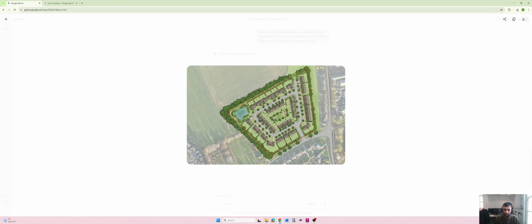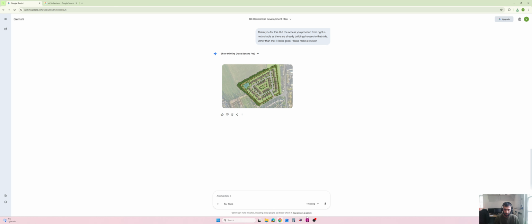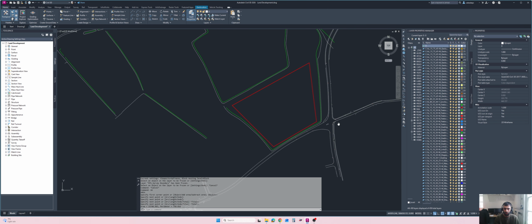So now you can see it has just closed this one, and it has the roads. This is a search plan, and now it looks better, I would say. So I'm going to download this one as well. For me it is very nice. So let's start to see how we can put it